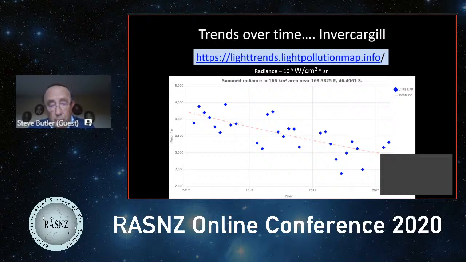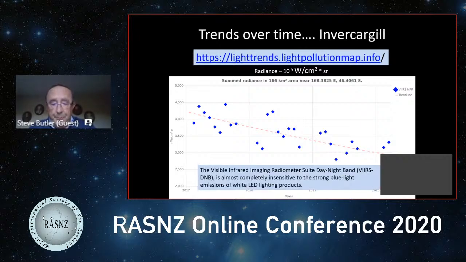My first reaction is that this coincides with the start of the transition from old sodium lamps to LED lamps. Part of it is shielding, and that was my first impression, that we're getting a lot less light spill. But there's an issue, and that is that the VIIRS